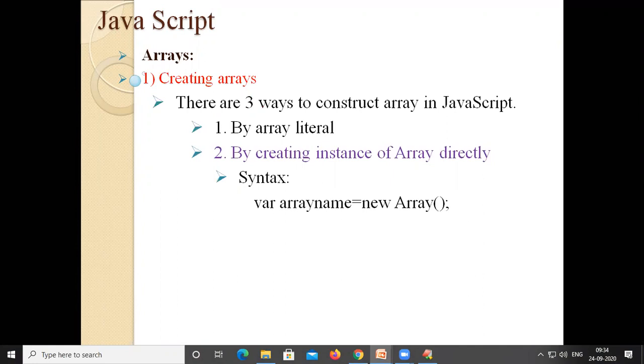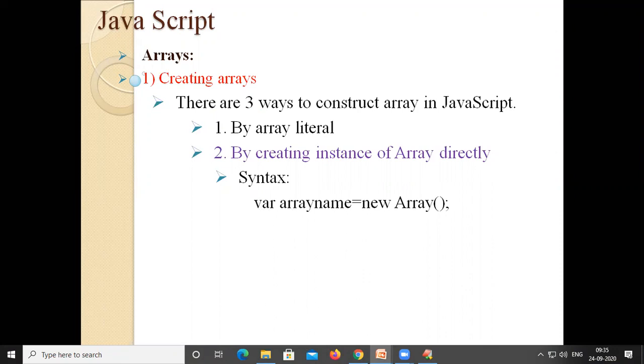This is the syntax: we use the var keyword followed by the array variable name equal to new keyword, Array, open and closed parentheses, and a semicolon. This is the way we generally follow while creating arrays in the Java programming language, where we can create an array similar to this one.